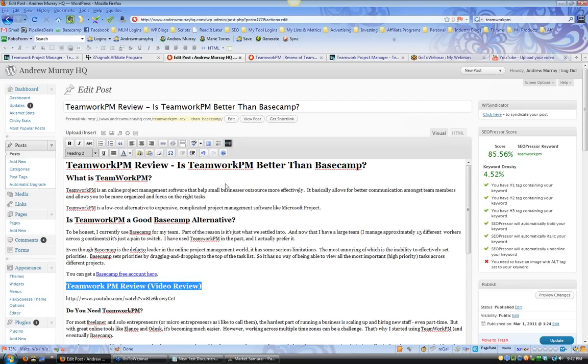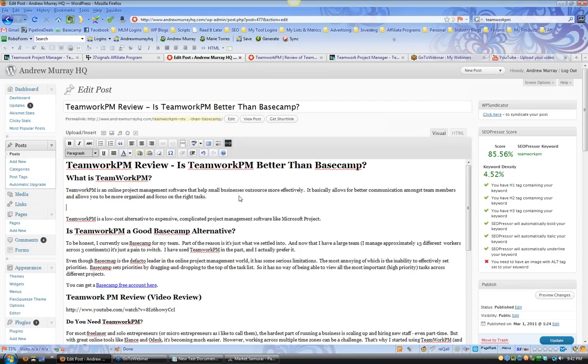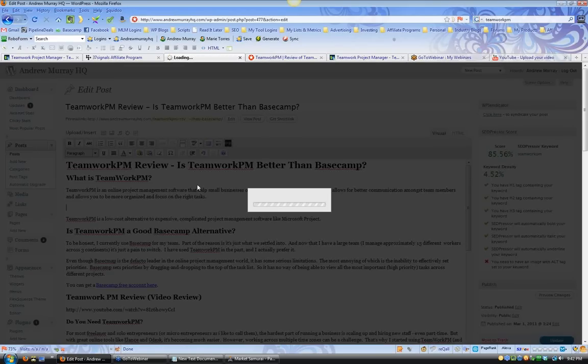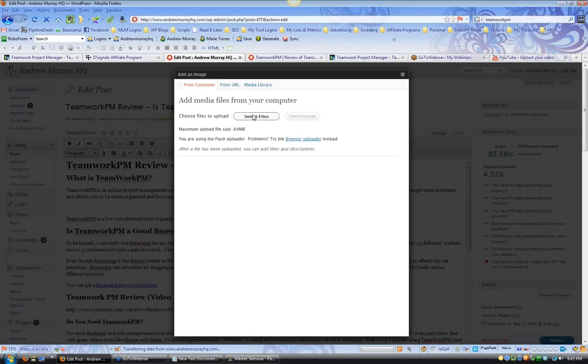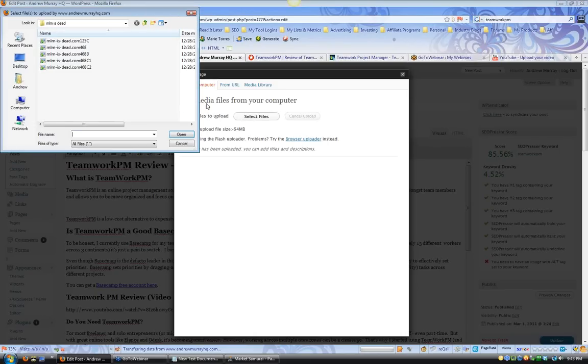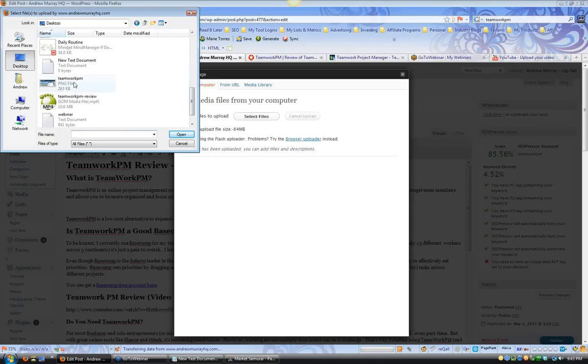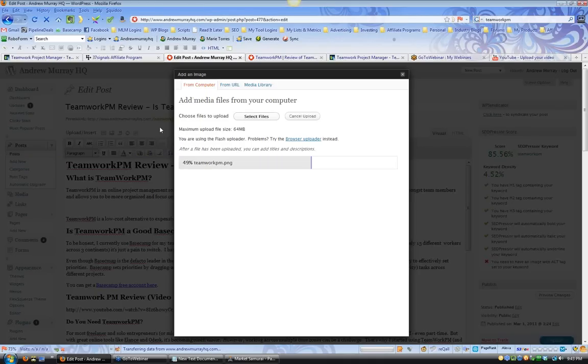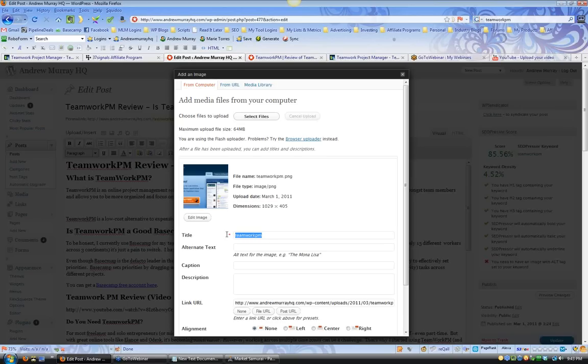Now we still don't have the image. Okay, I like to have an image up top. So I will put in the image here that we took a screenshot of at the site. And select file, desktop, and where are we? Teamwork PM right here. Okay. All right, so now